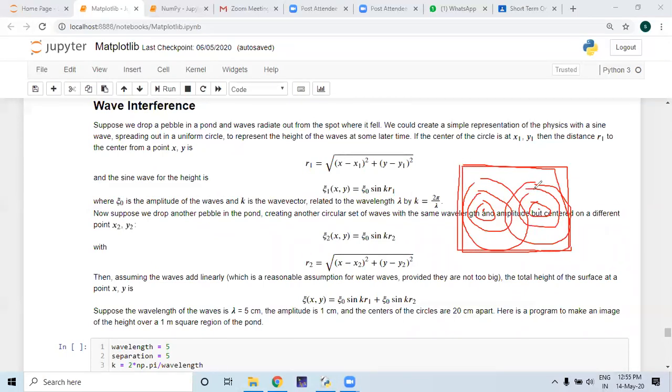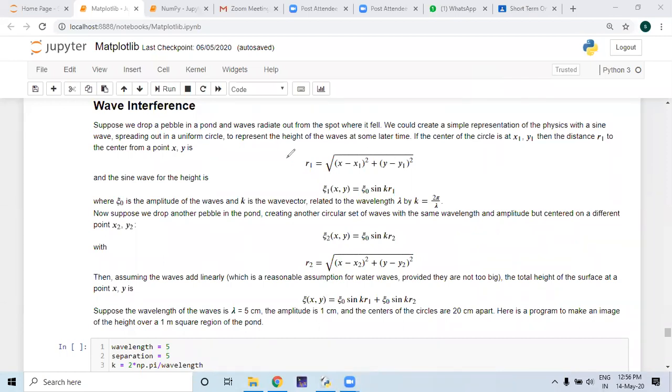My intention is to simulate the kind of interference pattern that may take place if you drop two pebbles nearby and there are two sources of waves, and how the interference pattern will look if I plot it as a density plot. So for this purpose, what I have done,